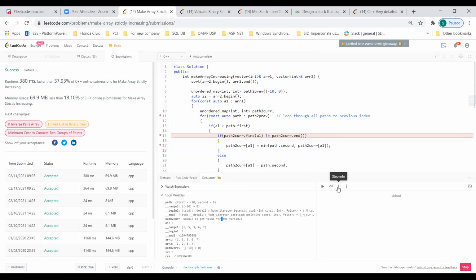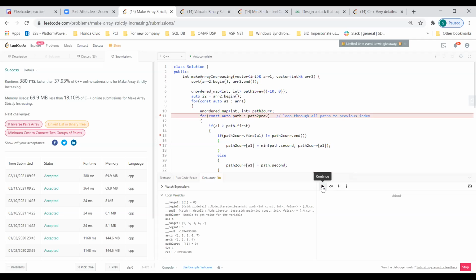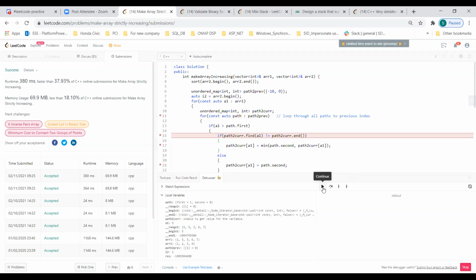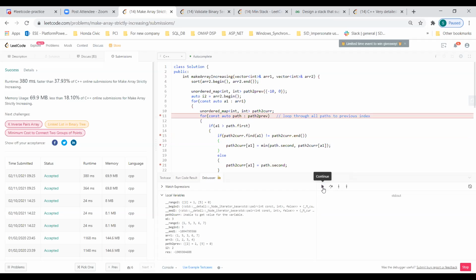So nothing here. Now this is one. Let me come back here. Now in this case, path prev is 21 and 50.